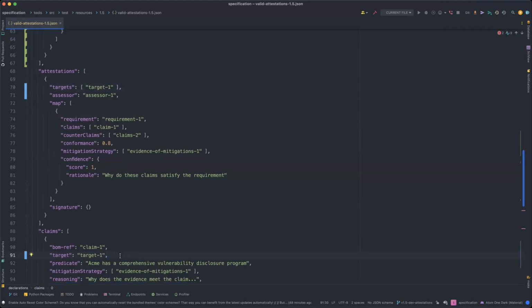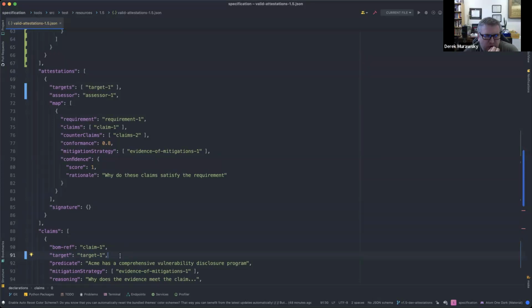Well, I thought Derek was saying that it's singular in 70 as well. Well, why did we make it plural there? It was intentional that we did it. It was because we were only going to have one assessor, but the assessor could be attesting to multiple things. So it could be that a particular set of product families meet this requirement, or a particular set of products for this one group meet this overall attestation, or meet this overall thing that we're trying to convey.